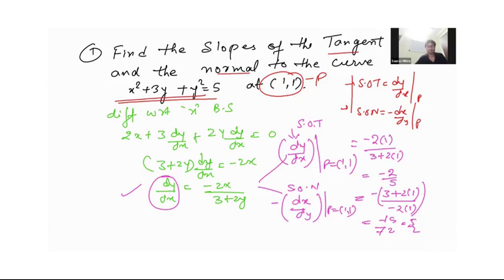So in this way we have to calculate the slopes of a tangent and normal at a particular point; we have to follow this process. Okay. Now let's take another example. Second example, we have to find the slope of